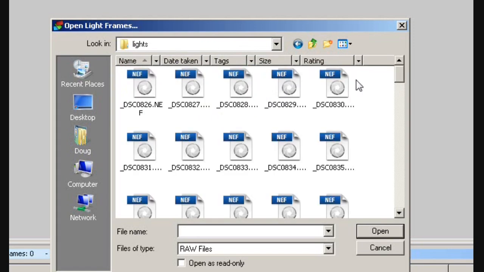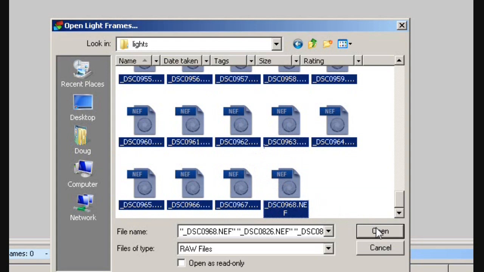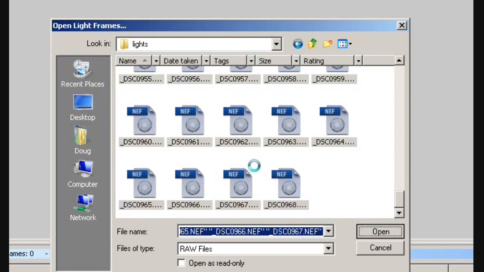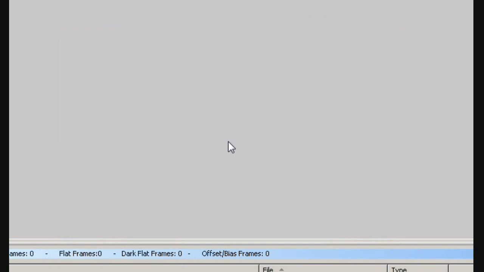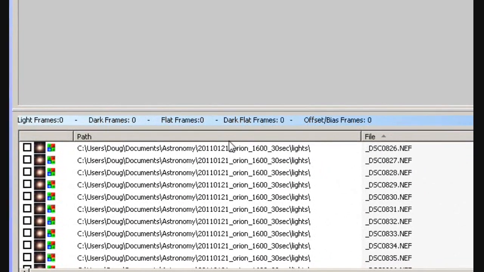So I open the lights folder again, and we're going to select all of these. Click on the first one, scroll down, hold the shift key down, and click on the last one, and that selects them all. Click on open, and if we scroll down to the bottom, you can see that they've all opened in the bottom panel, which is what we want. Back up to the top,